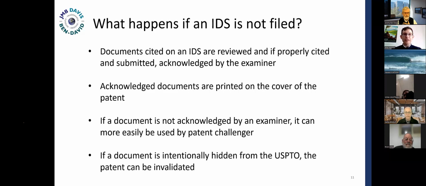And here's the other bit of terror: if a document is intentionally hidden from the USPTO, the patent can be invalidated. Now, there was a flavor of the weak counterclaim when I first started 15, 16 years ago: in every US patent infringement suit there was inequitable conduct on the part of the patentee. That was because the accused infringer said, well, there are these documents that you didn't submit in an IDS, and you did that intentionally. And because of that, it's inequitable conduct, and your patent should fall.